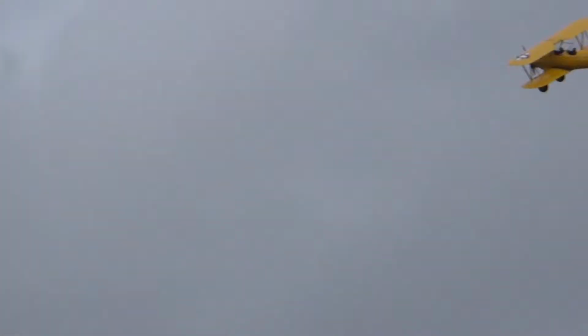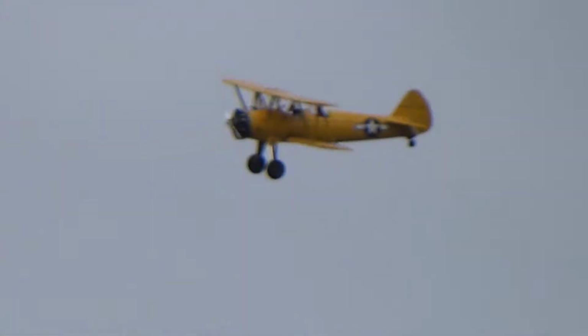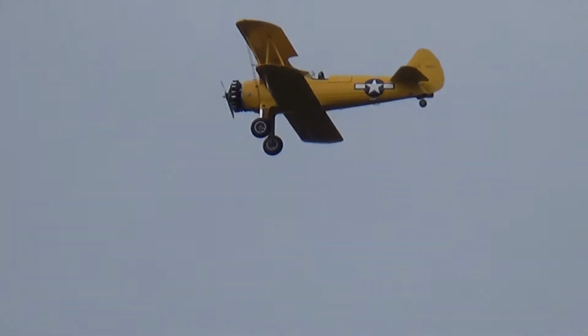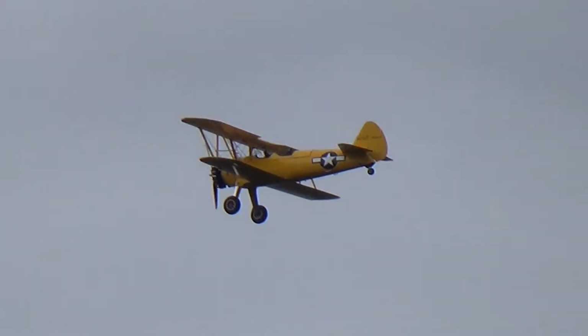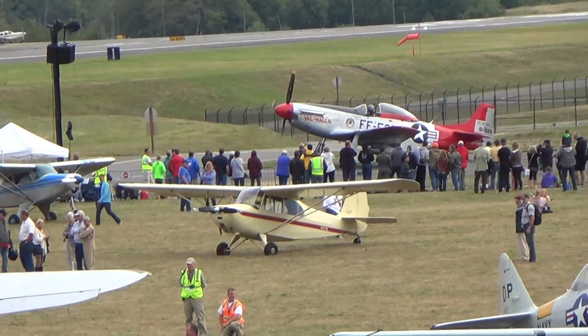The Stearman could carry two people, the student and the instructor. It's just under 25 feet long with a wingspan of just over 32 feet and stands off the ground at just under 10 feet. Power plant was a Continental R-670 seven-cylinder air-cooled radial engine generating 220 horsepower, giving the Stearman a maximum